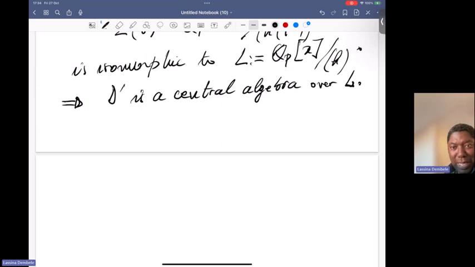Now the second part uses the exercise that we proved earlier. So by using this exercise,